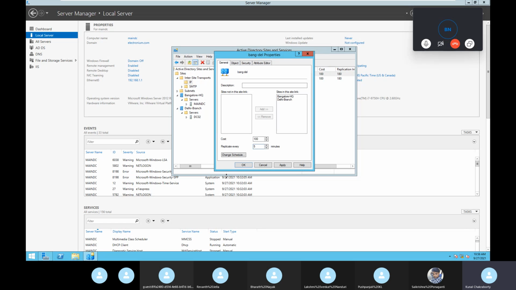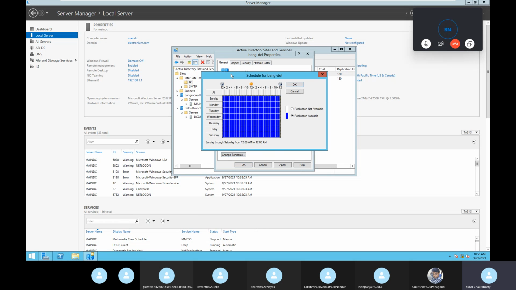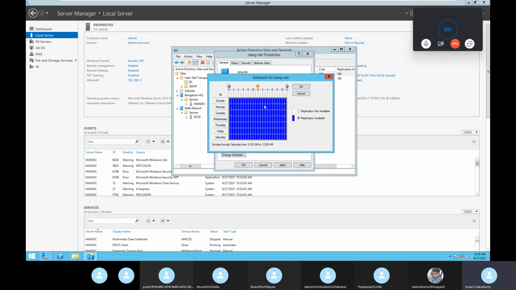After that, you can choose when it should be replicated and when not. Schedule: when you have to replicate and when you don't. You can change the schedule. For example, on Sunday there is no work, so I don't want any replication. Just block it out. On Sunday no data will be replicated.